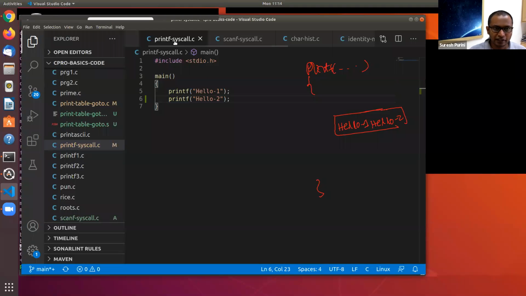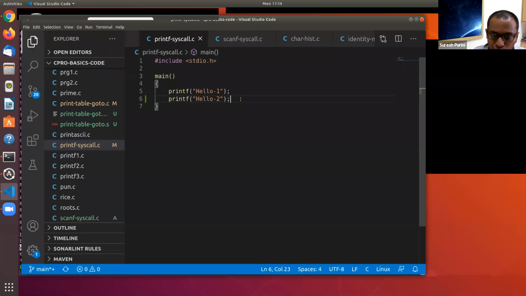Are you with me here? Fflush forces us to call a write system call. Fflush forces printf statements to make a write system call. How many of you are with me so far in today's lecture on this printf part?